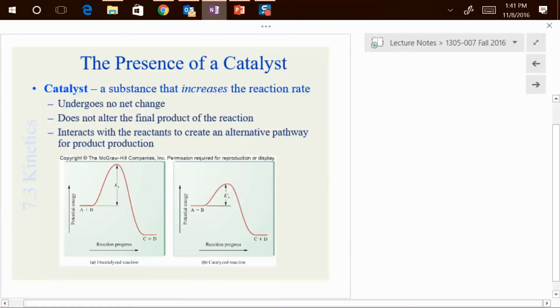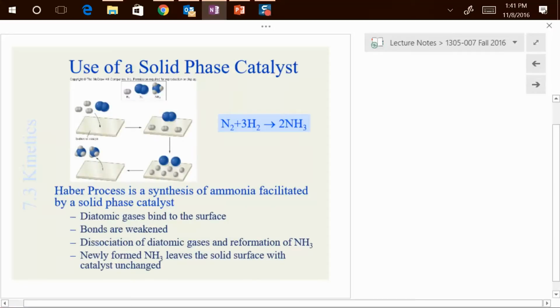Okay. So those are catalysts. That's what they do. Okay. They lower the activation energy. Here's a catalyst for the Haber process for the synthesis of ammonia. Remember, ammonia is a triple bonded molecule. Nitrogen, I'm sorry, not ammonia, but nitrogen. Nitrogen is triple bonded. And, you know, they wanted to be able to make nitrogen or break the bonds of nitrogen